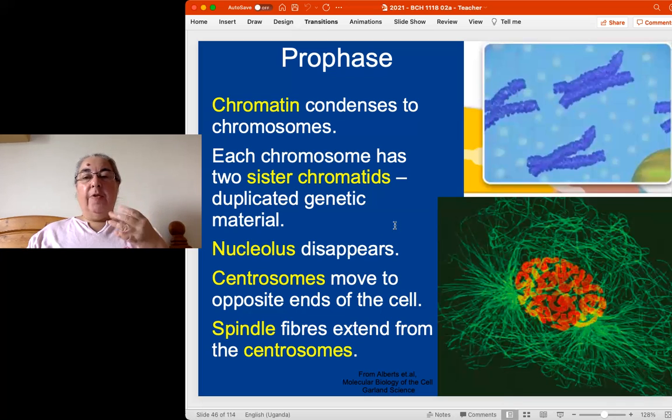It's made up of loops of DNA and a lot of protein carrying out that very intensive work of making ribosomes. But when the DNA is condensed into chromosomes, there are no longer any loops of DNA available, so the nucleolus